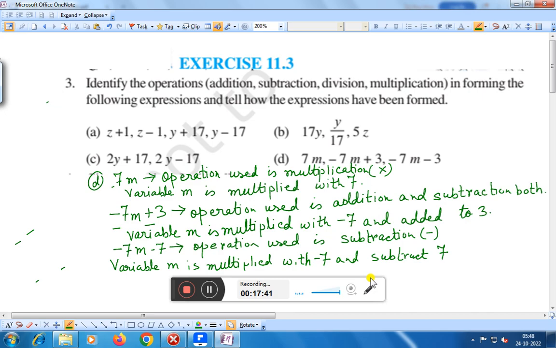Question number D, once again we are repeating. 7m means operation used is multiplication, because 7 into m, and the expression is variable m multiplied with 7. Minus 7m plus 3, operation used is addition and subtraction both, and variable m is multiplied with minus 7 and added to 3. Minus 7m minus 3, operation used is subtraction, so variable m is multiplied with minus 7 and the number 3 is subtracted. This is the solution of question number 3 of